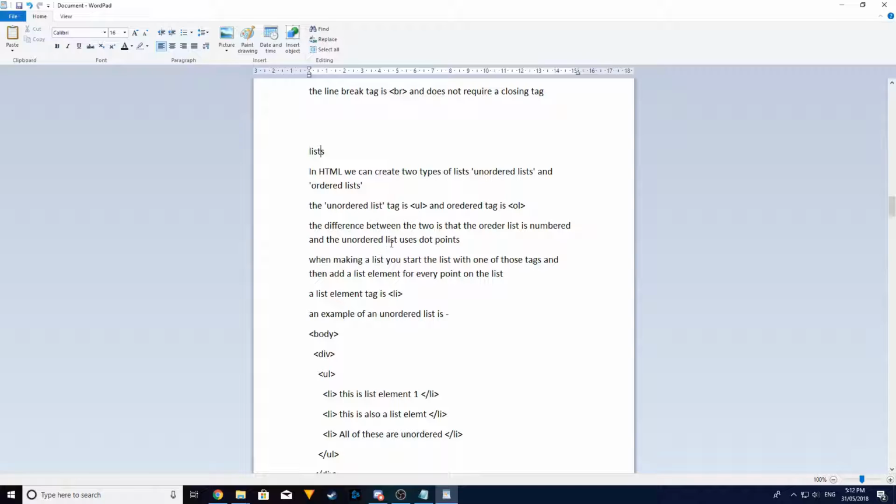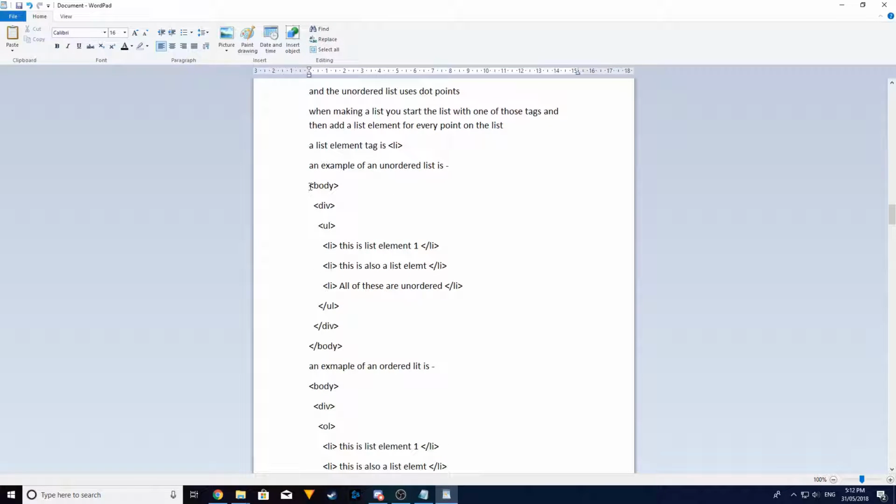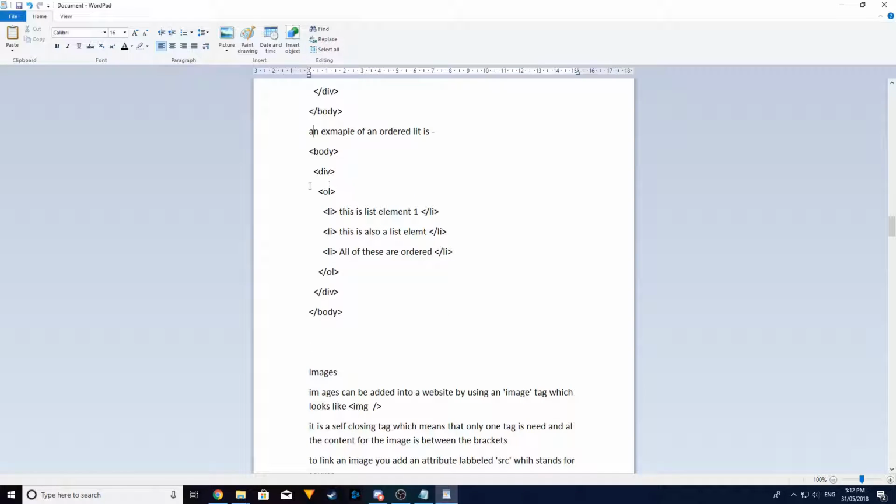When making a list, you start the list with one of those tags and then add a list element for every point on the list. A list element tag is li. An example of an unordered list is, an example of an ordered list is